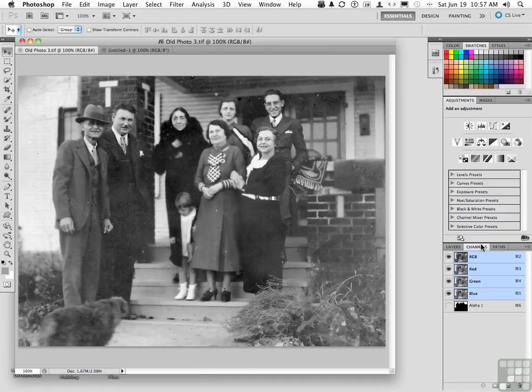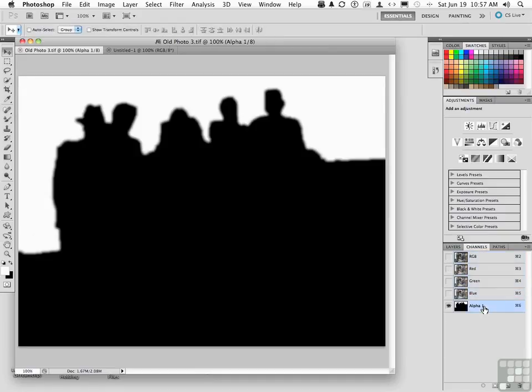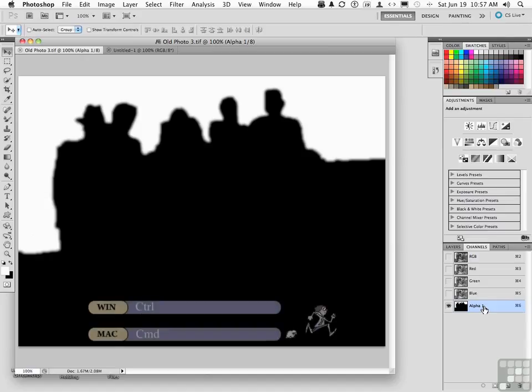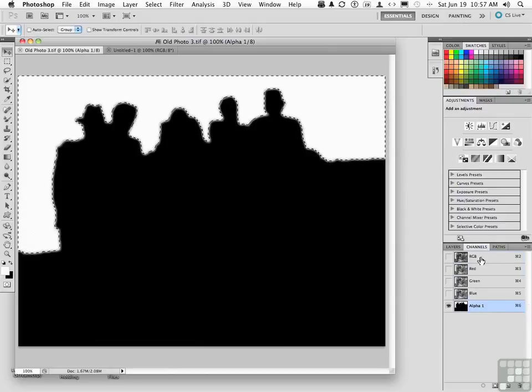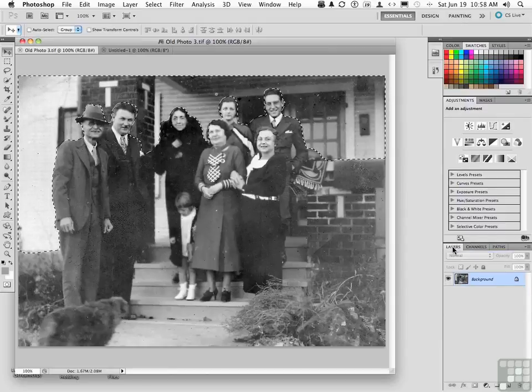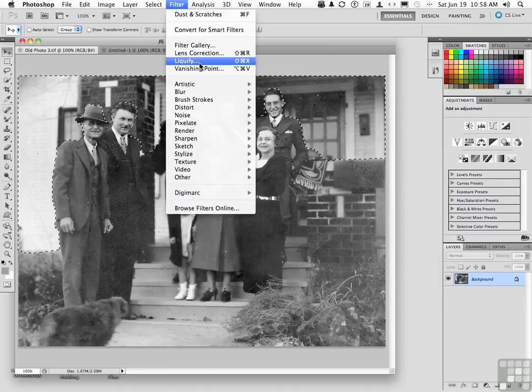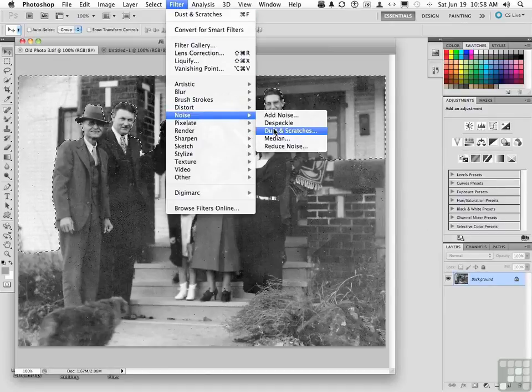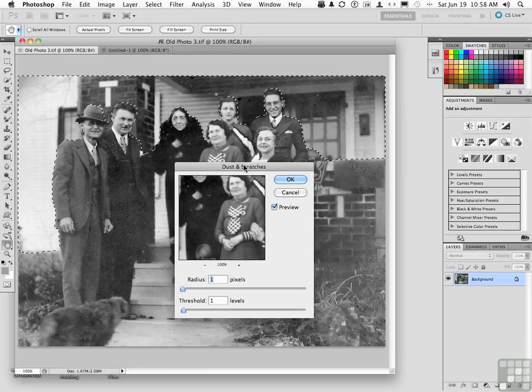Over here in my channels palette, I've made a quick selection. Now, it's a selection of the background, not them. So we're just going to look at this in terms of the top half of the image. How do I make that into a selection? Hold down the Control key and click right here. You have a selection. Go back to RGB and go back to layers, and finally go back to filter, noise, dust and scratches. As you can see, it's only going to work in these areas, so we can control the